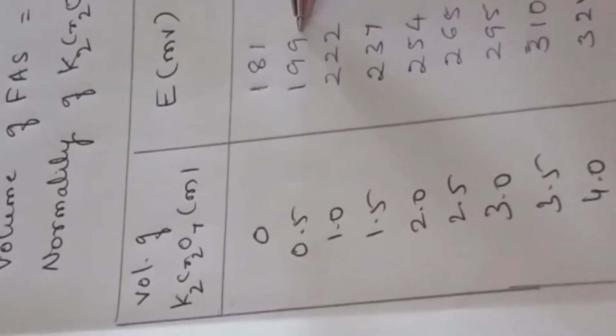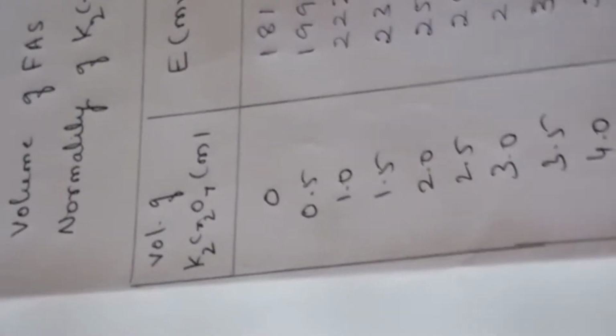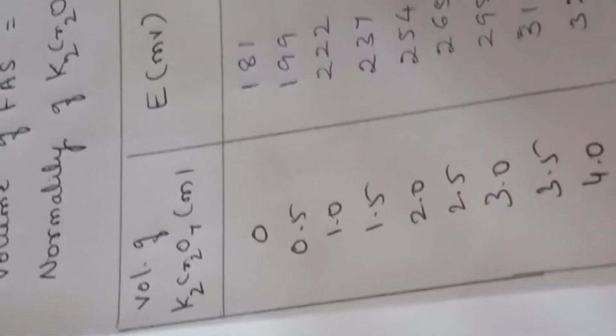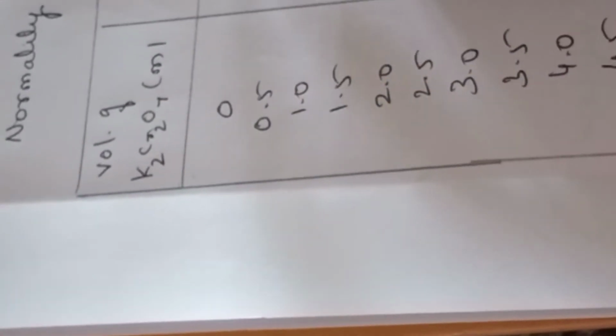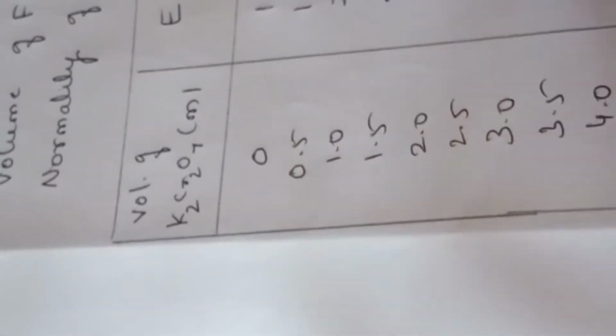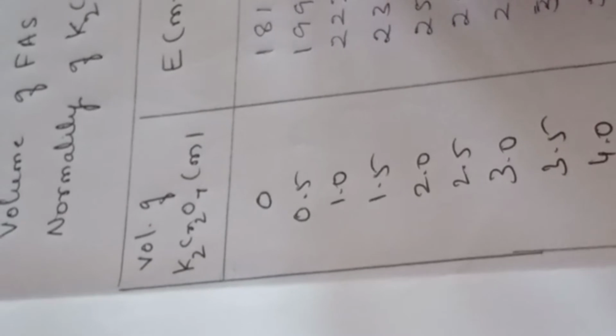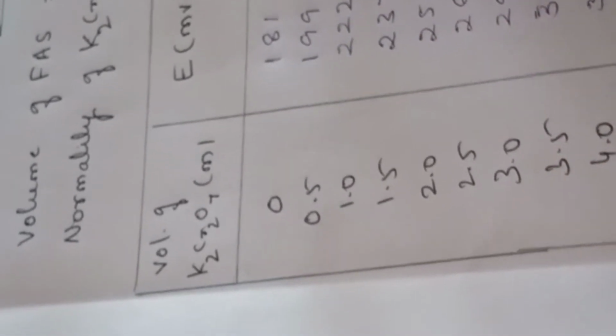So delta E is the difference between the two values. Subtract the low value from the high value and write it here, because the first value of these three, delta E, delta V, and delta E by delta V, we are considering as 0. And here, subtract one value from the previous one, so it becomes 810. It is the difference of 18. Like that you have to do the remaining calculation.